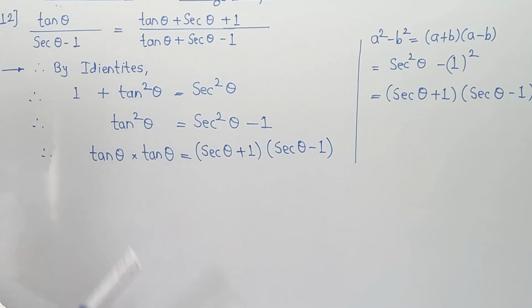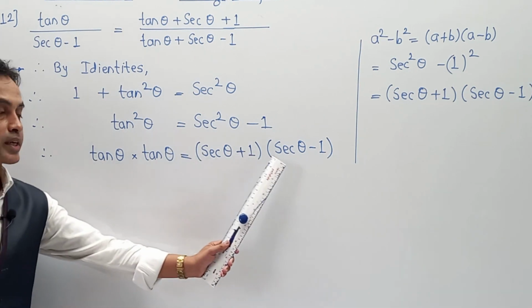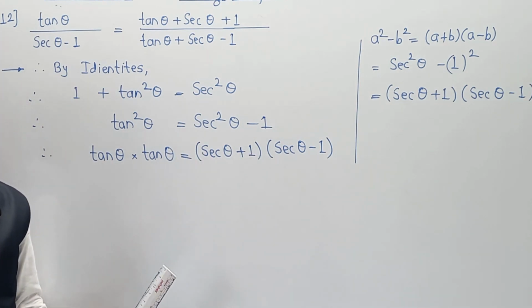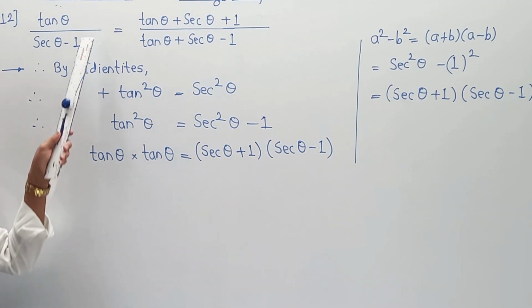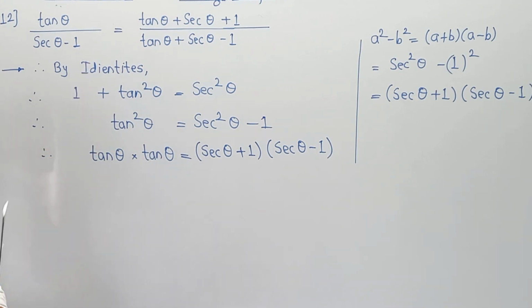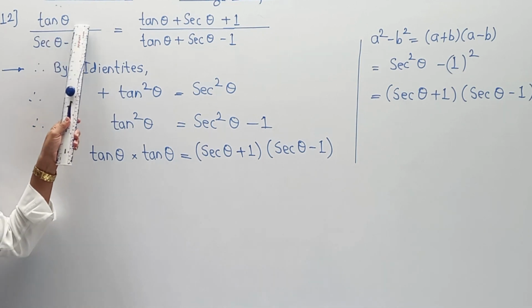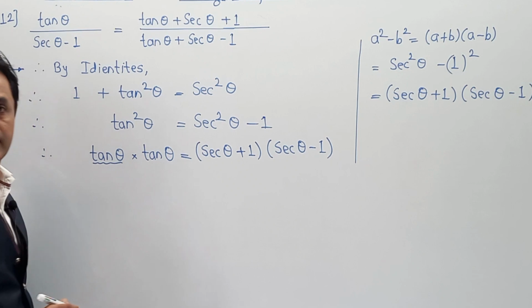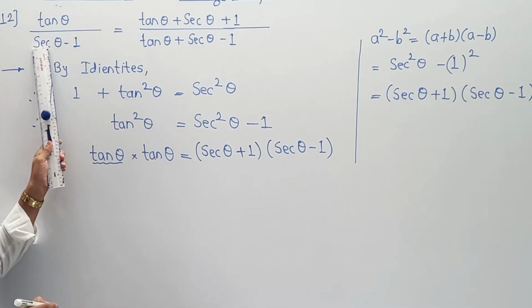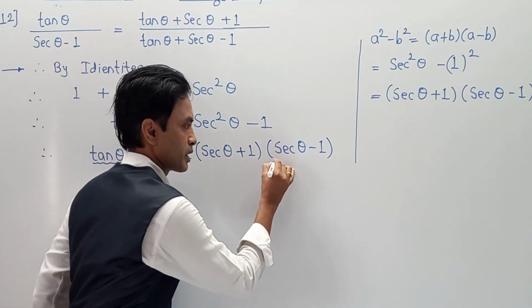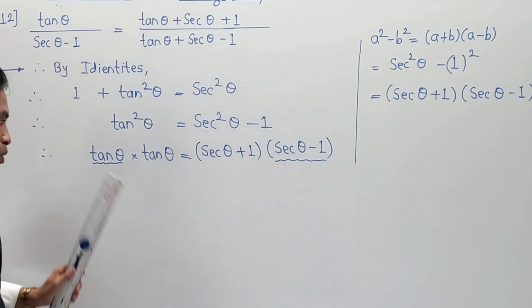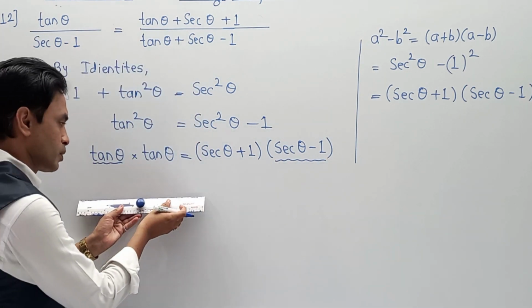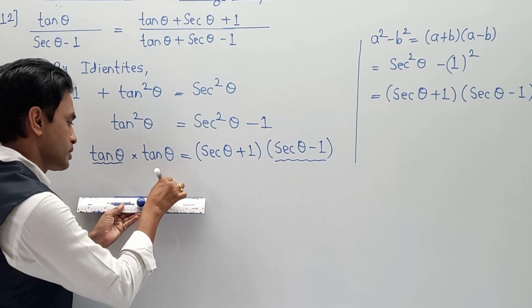Now the main part starts from here. Again students will get confused about how from this step we are going to take modification. Again observe the numerical. Here, n number of times you have to observe what is given and what is to be proved, so that you can divert your steps according to that direction. Here they have tan theta divided by sec theta minus 1. Means they need 1 tan theta and now they need divide by sec theta minus 1. So sec theta minus 1 is over here. So I am going to just write the same pattern over here as per their required condition.